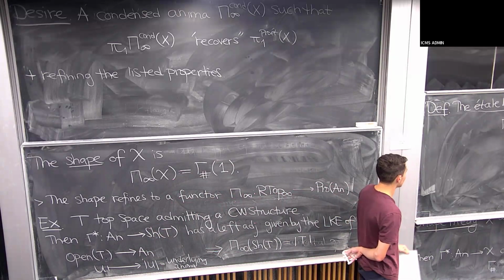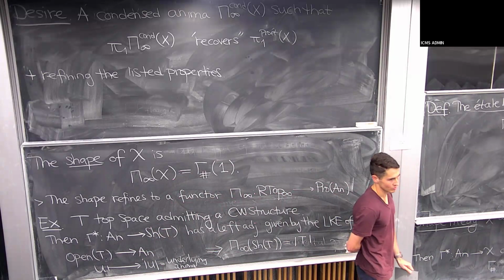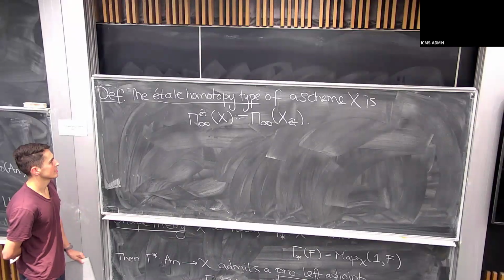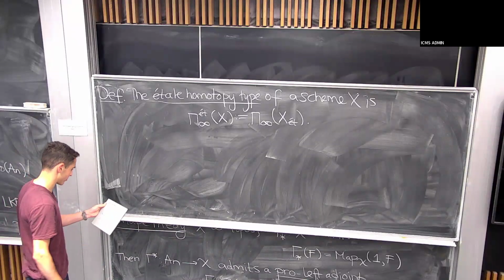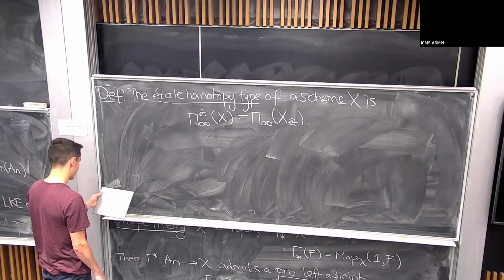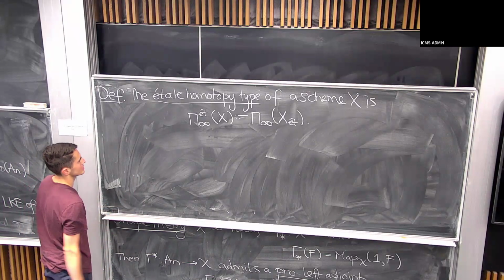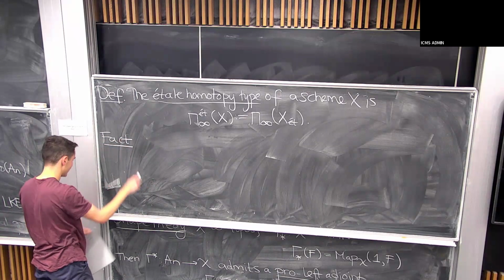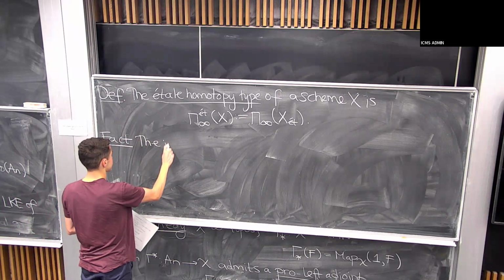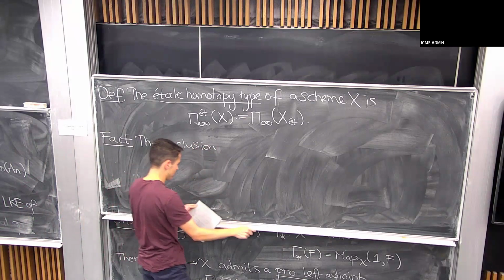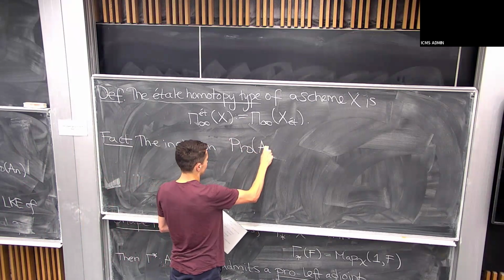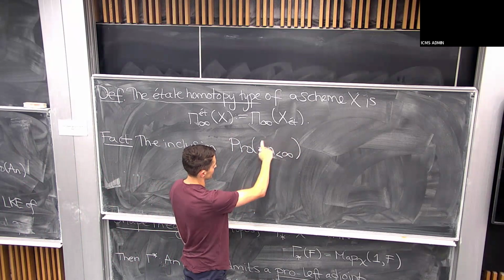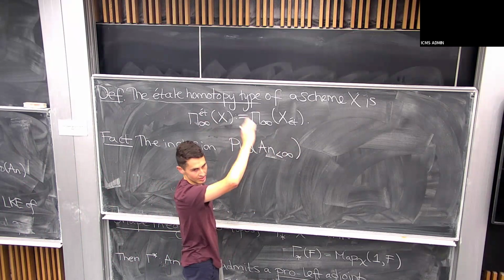Okay. So what I want to do now is give you some more conceptual way of thinking about this. That somehow was also in the minds of Artin and Mazur who invented this, but they didn't have the language to formulate it. But maybe I have to make one technical remark to do this. So there's a fact, which is that the inclusion of pro n less than infinity. So what does this mean? It's pro of truncated anima.